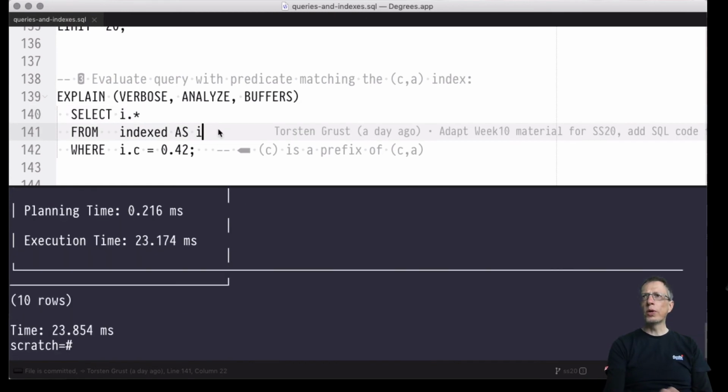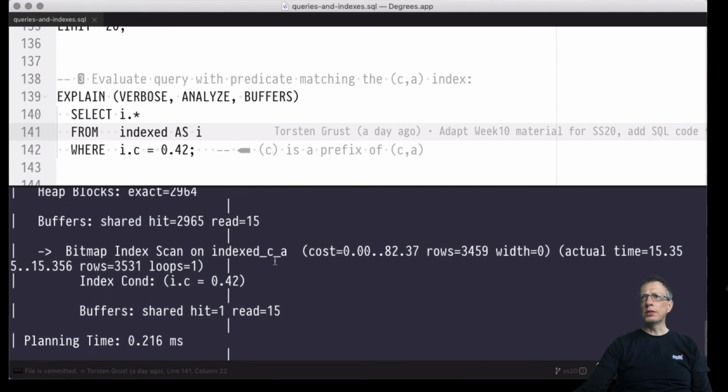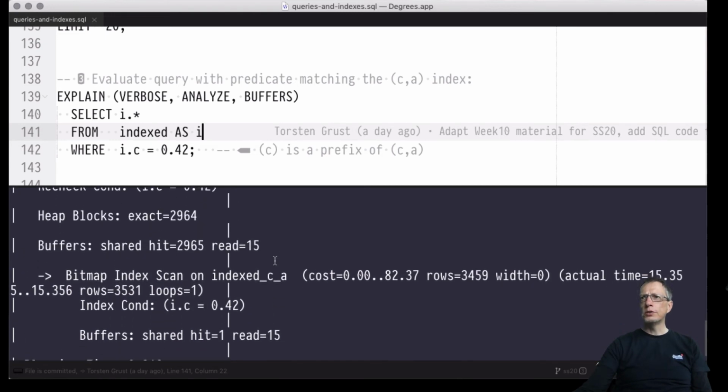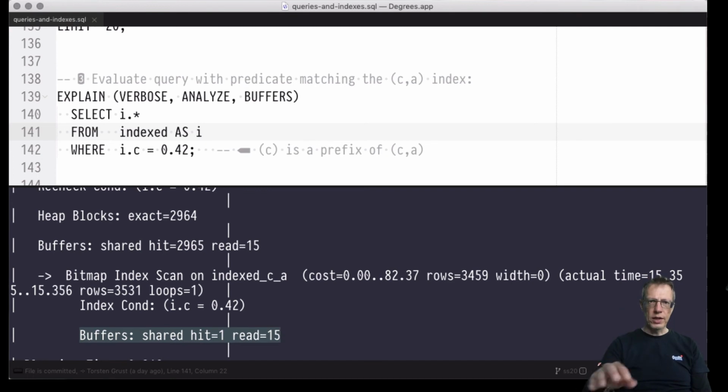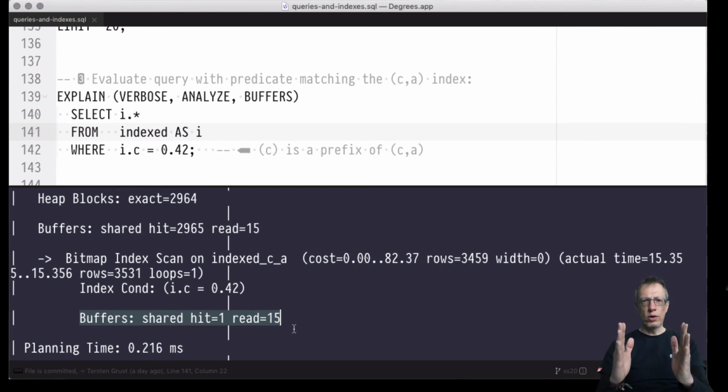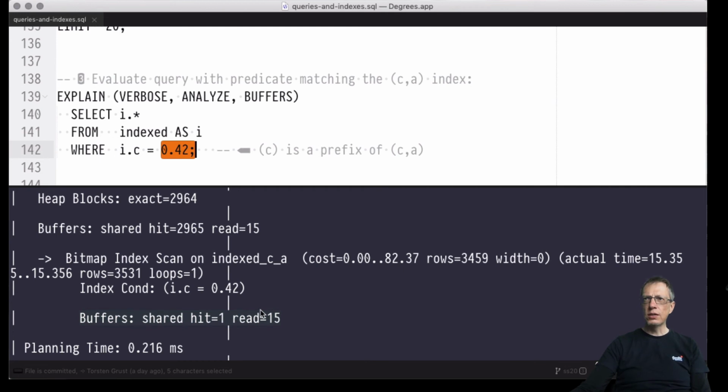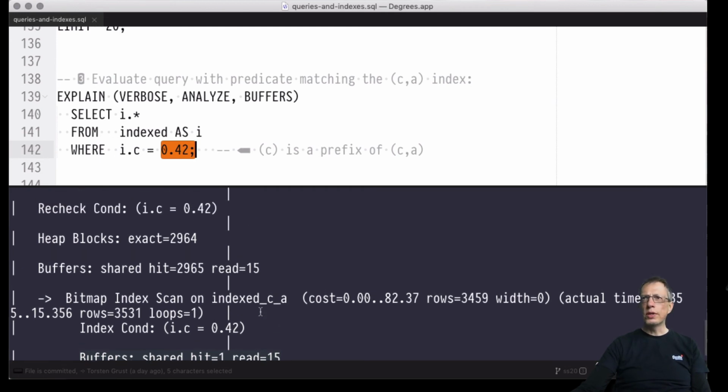Okay, so we expect the index to be used, and indeed it's being used. You can see the number of pages that were actually hit by the sequence set scan. It's actually a small number of pages. Only 16 pages have been hit by the sequence set scan, and also by the traversal down from the root, but these are only 1 or 2 pages. We have hit a rather narrow C window. All the rows with C value 0.42 have been identified during the index scan and then returned to the